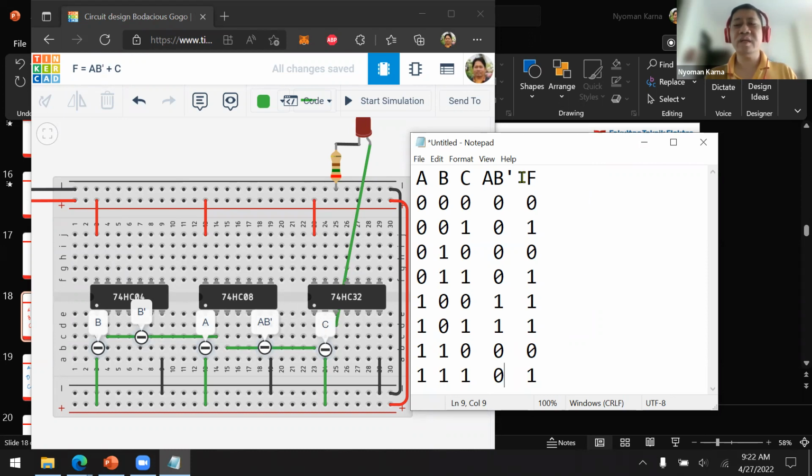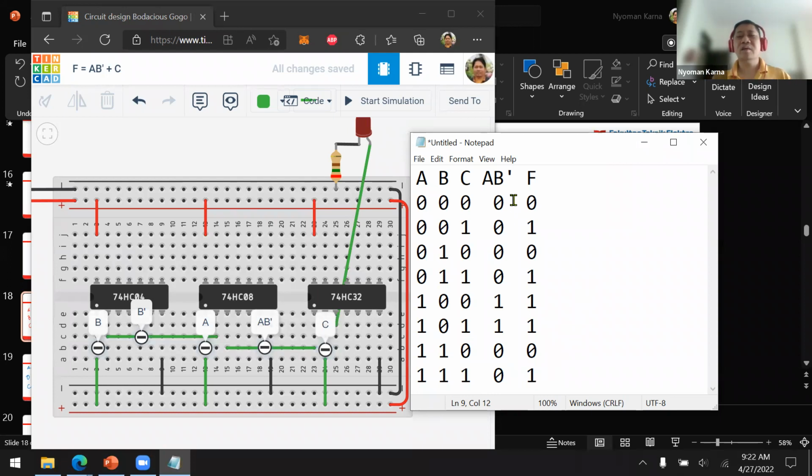Now, F is AB naught plus C. 0 plus 0 is 0. 0 plus 1 is 1. 0 plus 0 is 0. 0 plus 1 is 1. 1 plus 0 is 1. 1 plus 1 is 1. 0 plus 0 is 0. 0 plus 1 is 1.